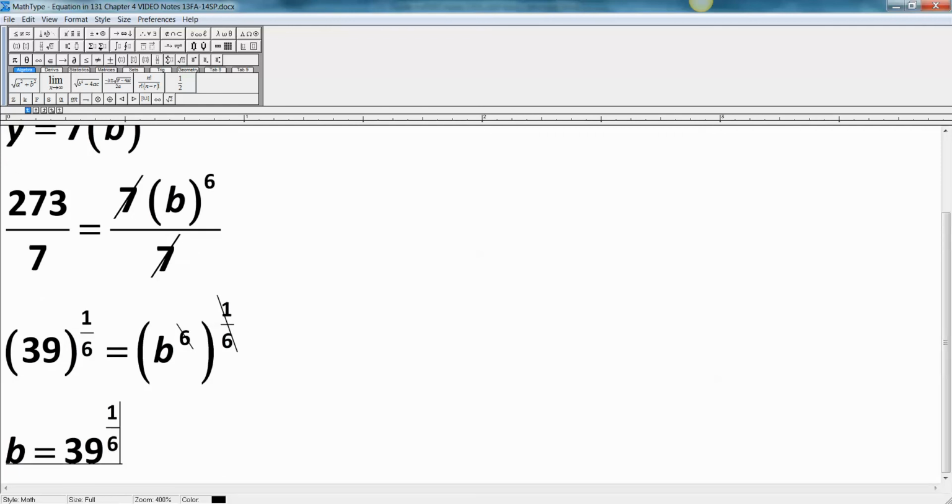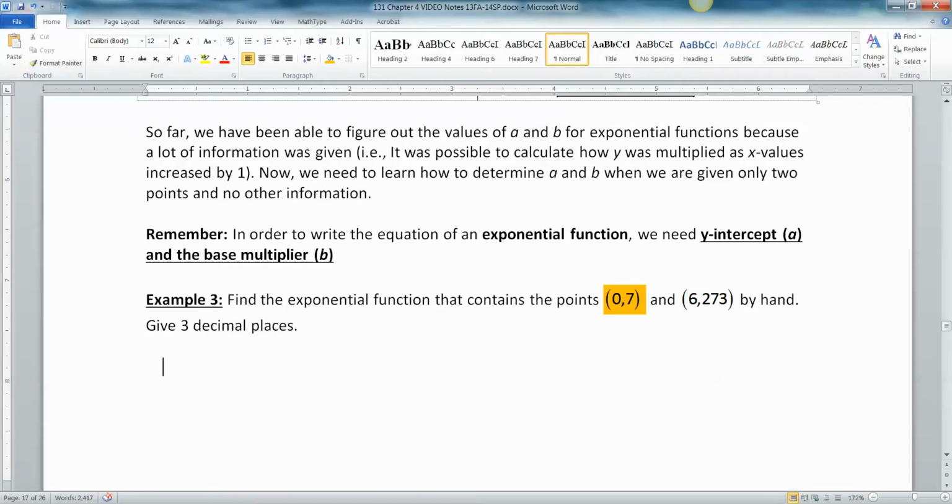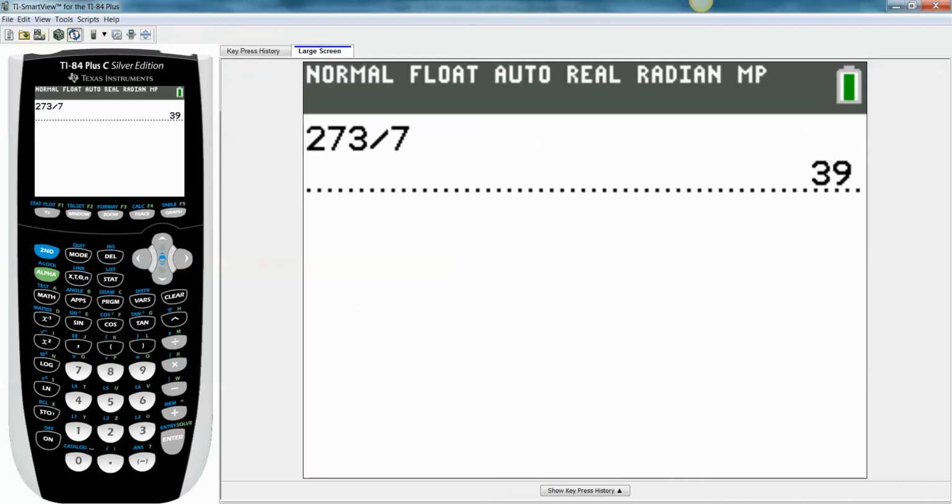We just need to find that. So let me do a squiggly equals because this is approximate. This isn't going to be perfect. And now we're going to make our calculators do that because that's awful. 39 caret. Now with the new operating systems like I've got here, I can just type 1/6 and press enter